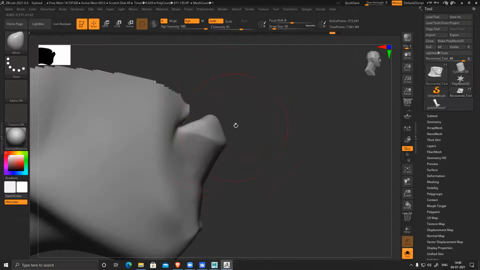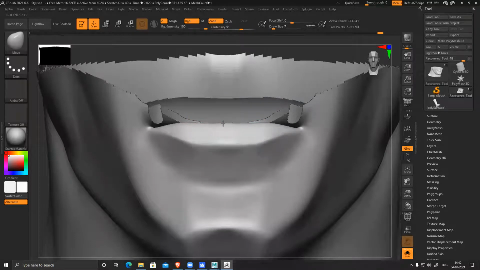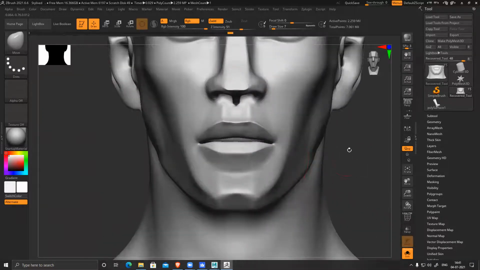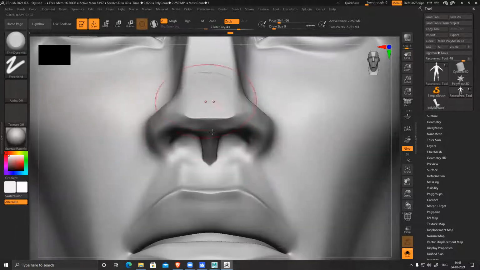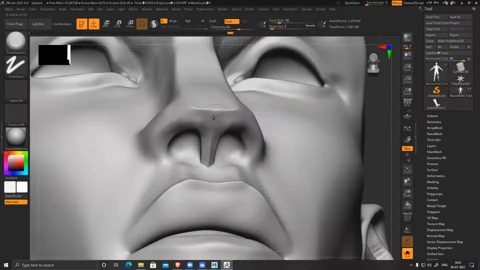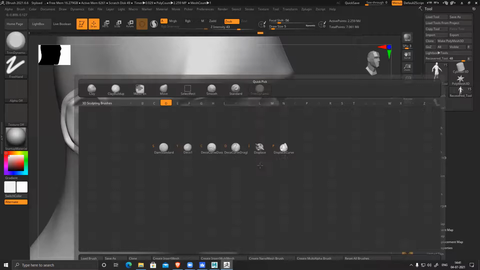So then that also you can use. Transition, make it soft. Yes.